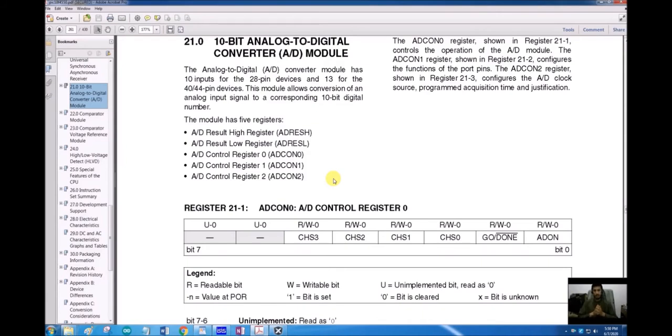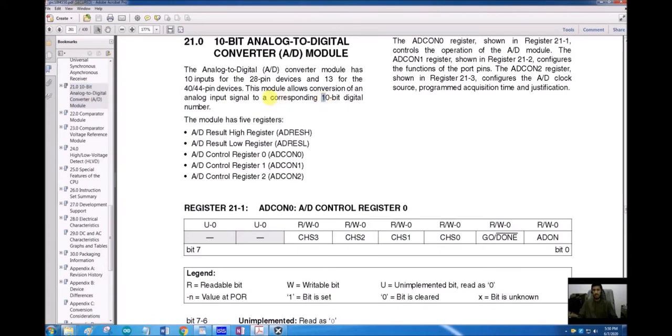What we are going to focus on in this lecture is how we are going to configure this built-in ADC peripheral of PIC18F4550 to get some analog value and to convert it into digital, and how to use that digital value in our program. The PIC18F4550 has an ADC that has a 10-bit digital number.